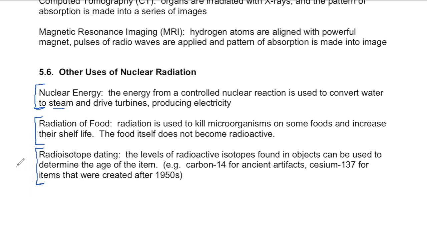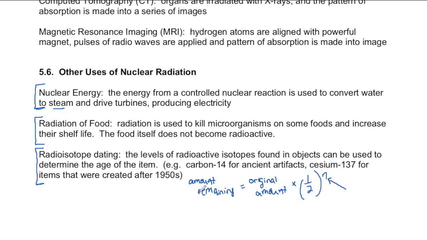And then another use of radioactivity that you may have heard about, this one having to do with the half-life that we were talking about, is radioisotope dating. All the problems that had to do with half-life were about figuring out how old something is. How old is something if a certain number of half-lives have passed. And then the number of half-lives that have passed affects the amount of radioisotope that remains. The amount remaining is the original amount times 1/2 to the n power. So if you remember that equation that had to do with half-lives,